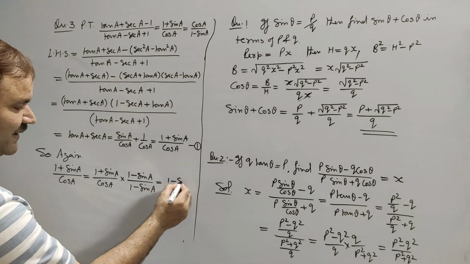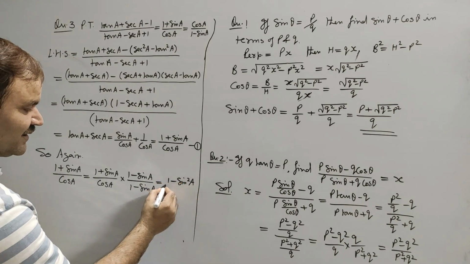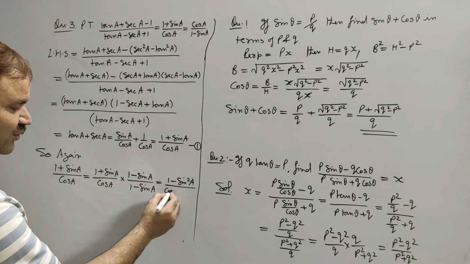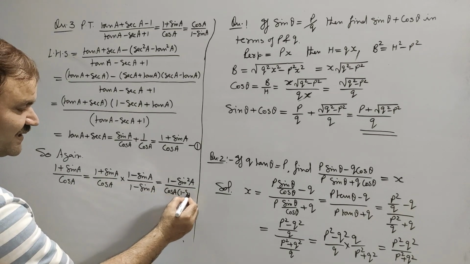So it will become 1 minus sin square A, and in the denominator it will be cos A into 1 minus sin A,